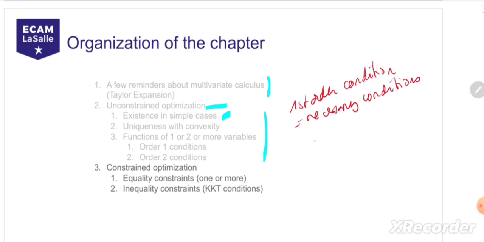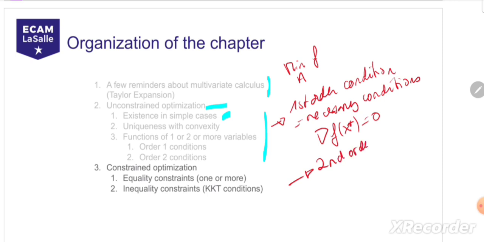So this is mostly if we were looking for minimum or maximum values of some function f on a set A, we were basically looking for the critical points of f, meaning the points that would cancel the gradient of f. Okay, so that's the necessary first order conditions, and then we would have the second order conditions, the sufficient second order conditions,